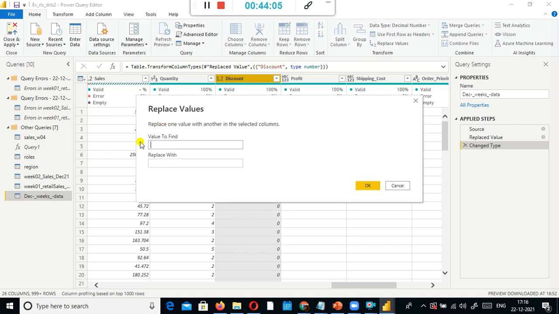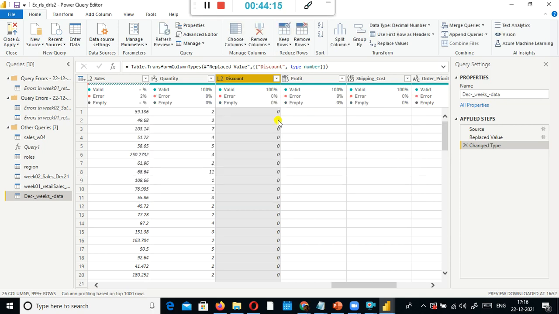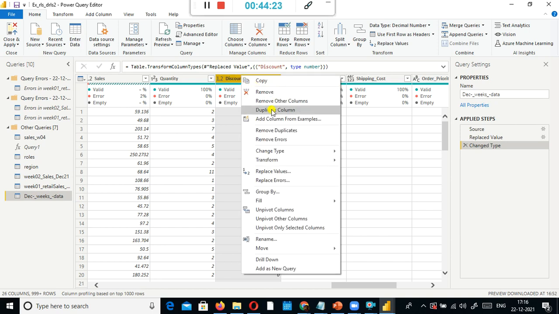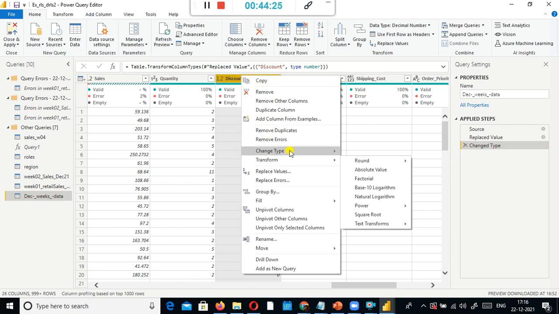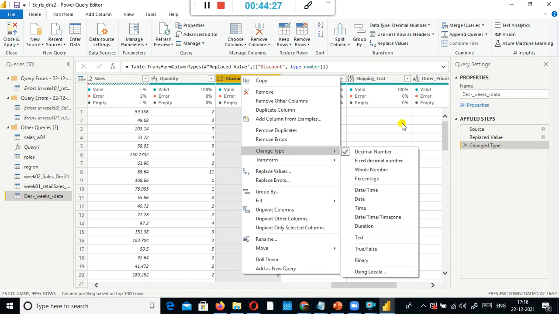Here, look here, I did not specify anything. Simply I put some blank and 0. Wherever blank is there, replace that with 0. At least 0 makes some sense, right? 0 makes sense. That's the reason why we put it. Now, after replacing the null value by 0, when I try to convert that as a decimal number, it got converted successfully.